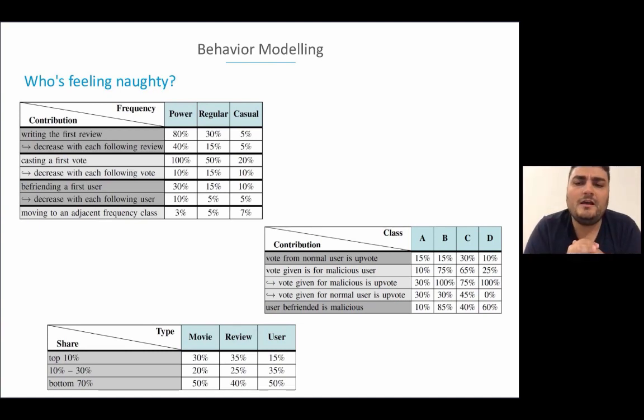Some of them were malicious in the sense that